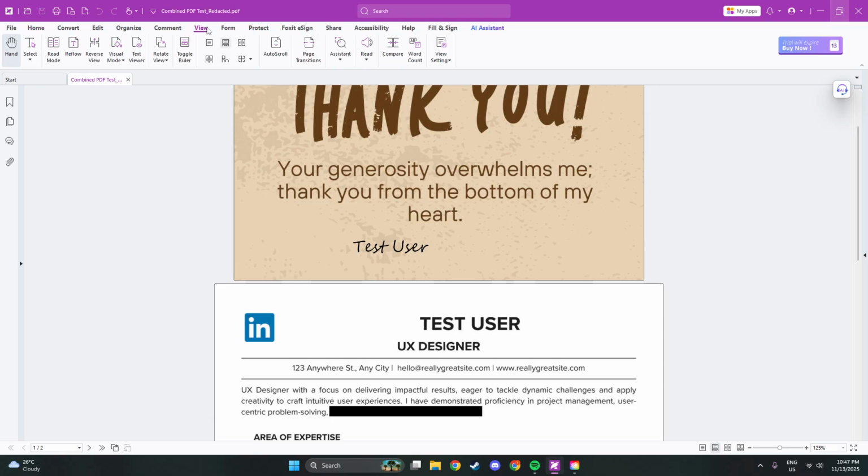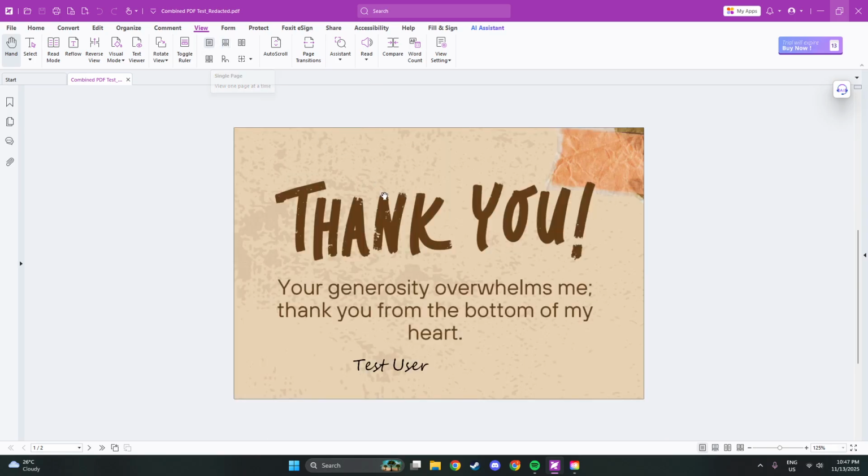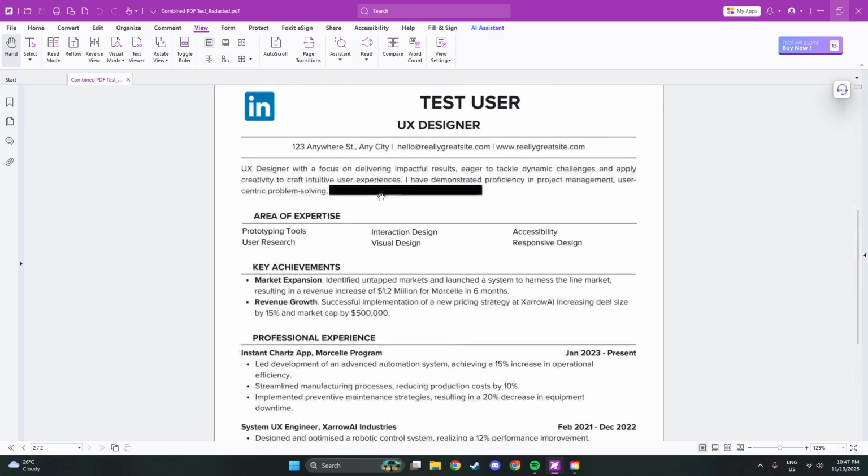enjoyable. And there you have it, a straightforward guide to setting up continuous scrolling in Foxit Full Screen mode. These adjustments allow for a more dynamic and seamless viewing experience, whether you're flipping through pages for study, work, or leisure. By following these simple steps, you'll get the most out of Foxit Reader, ensuring that your document navigation is